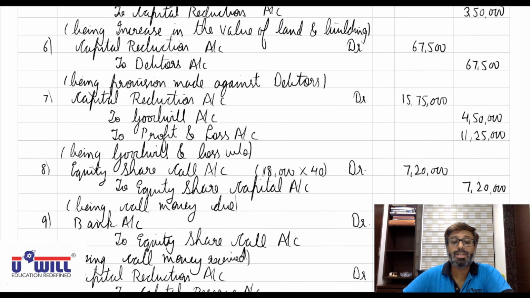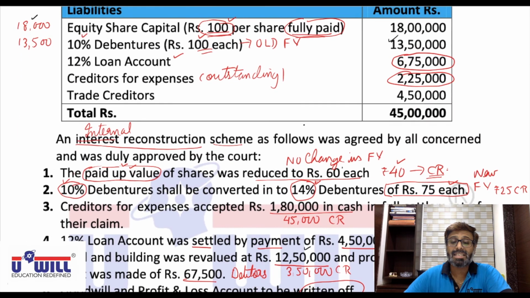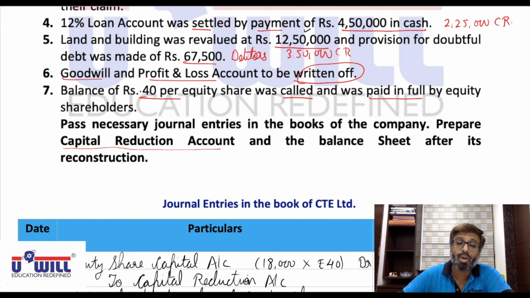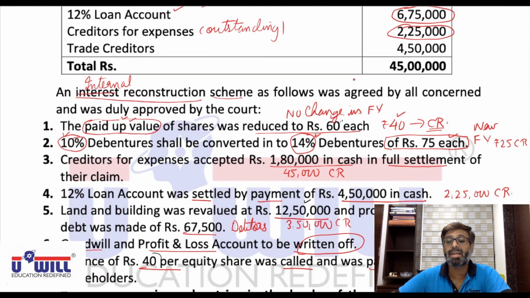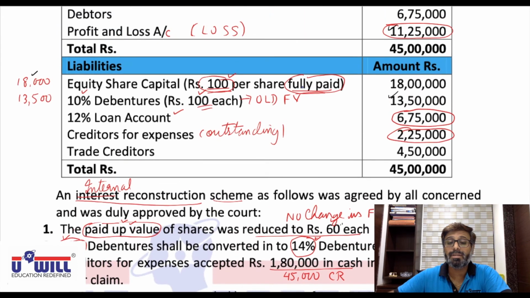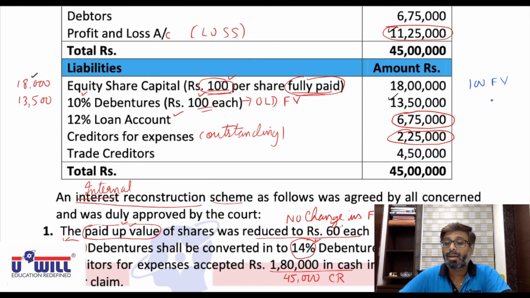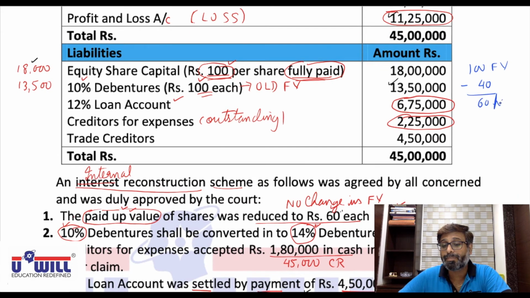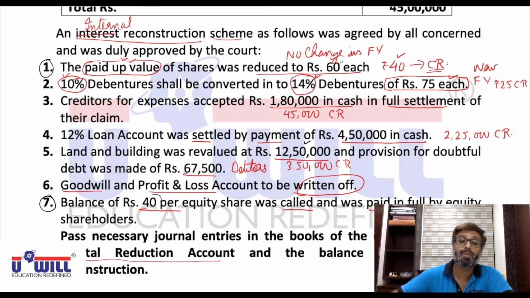We have 18,000 equity shares of 100 each, fully paid up. As per adjustment 1, they were reduced to 60 rupees paid up by sacrificing 40. But the company again called that 40 rupees from the last adjustment. So again they become 100 rupees fully paid up. I repeat, out of 100 rupees of face value, 40 rupees was sacrificed. So they become 60 paid up. And again 40 rupees is called by the company. So again they become 100 rupees fully paid up. So it comes to same amount, 18 lakhs. Adjustment 1 and 7 is to be considered for the same.